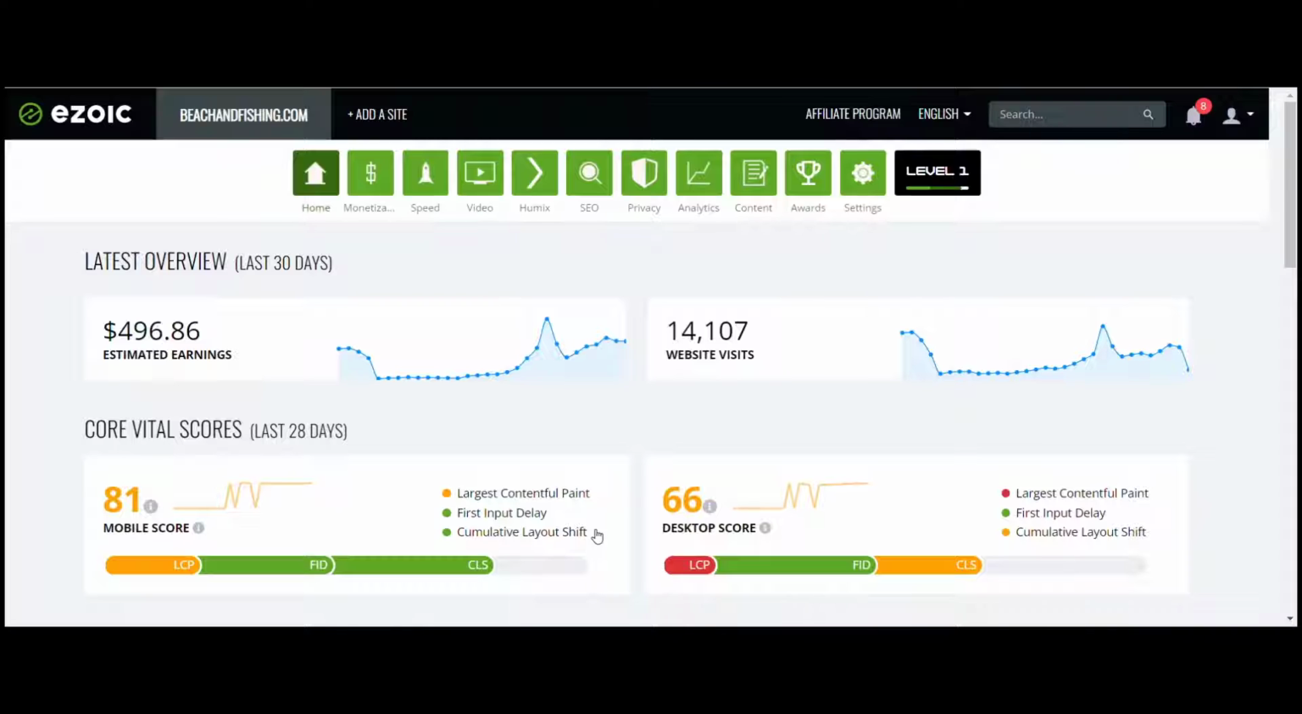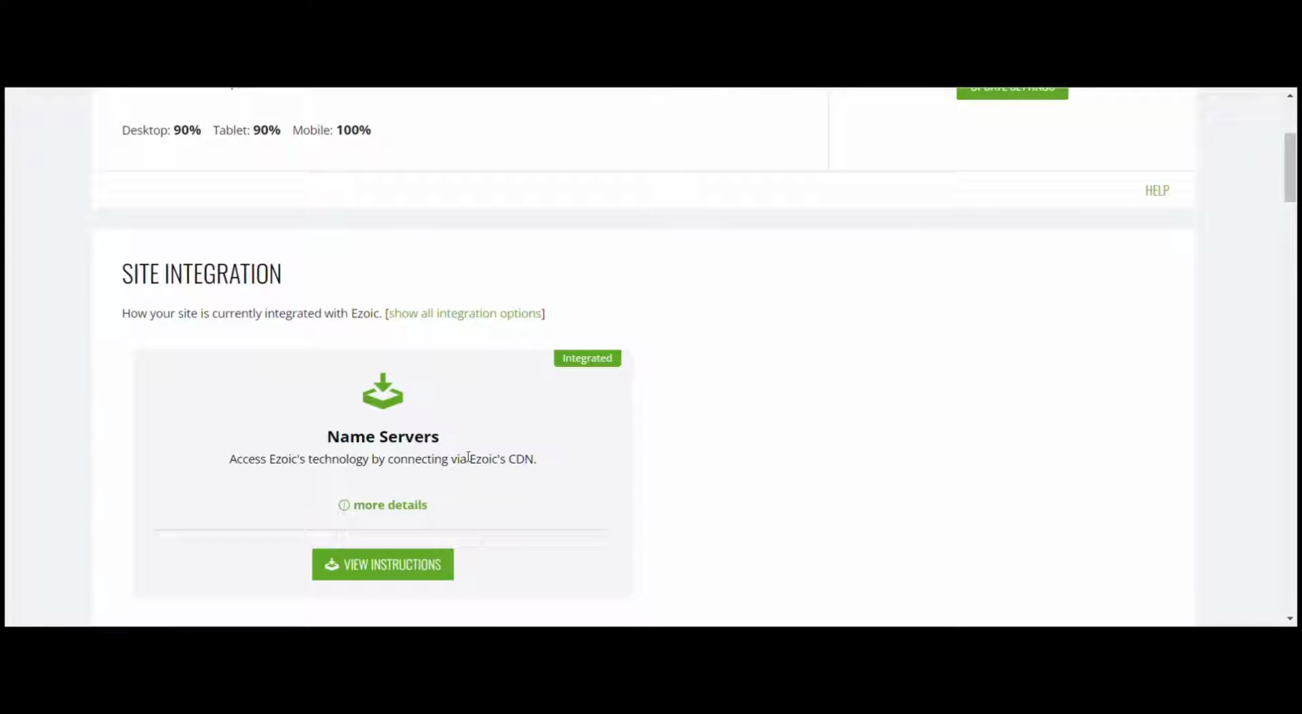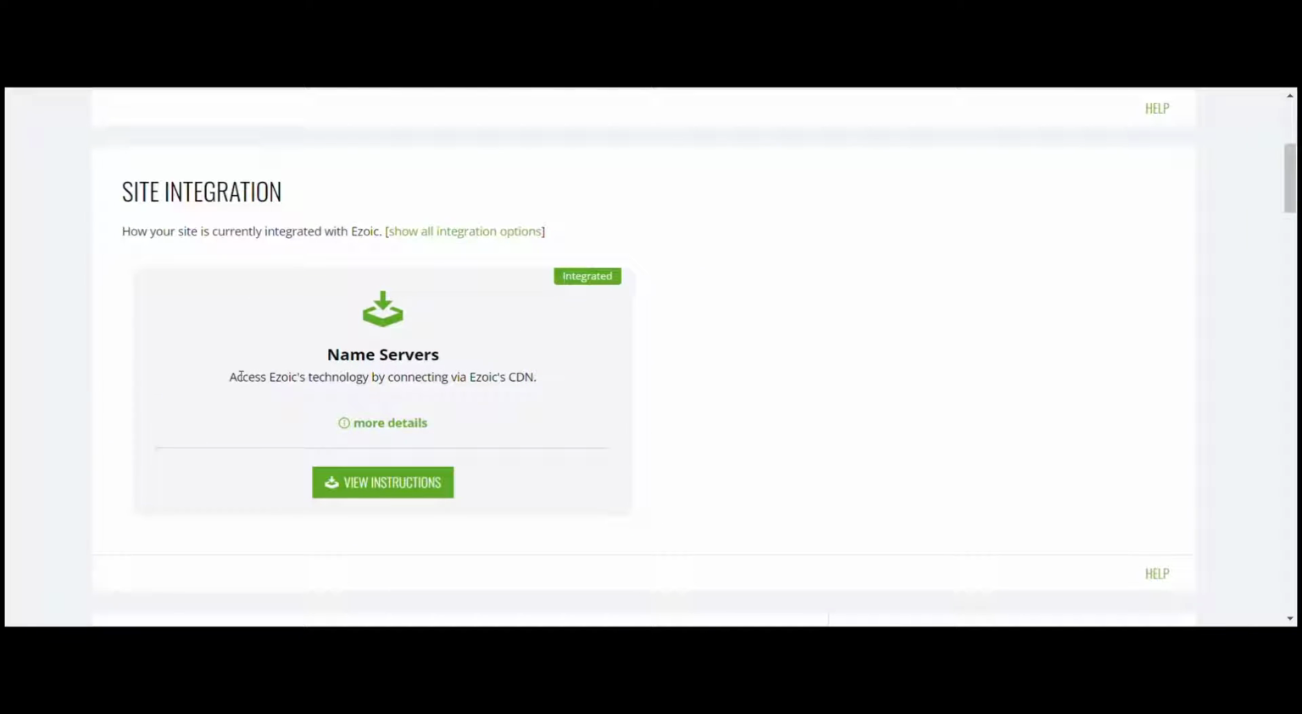Just some things to be aware of before you open up Ezoic is that in the settings here, I've got site integration. I have, from my hosting, which is through KnownHost, actually changed my name servers from KnownHost straight into Ezoic. So you will need to integrate your site. You will need to load your analytics